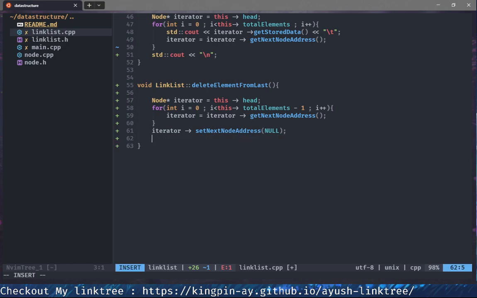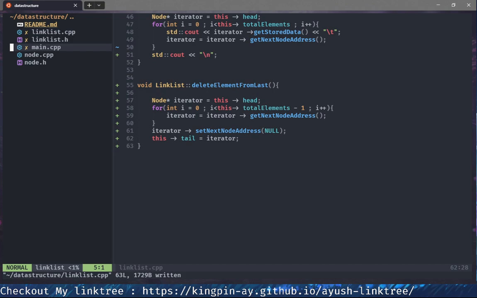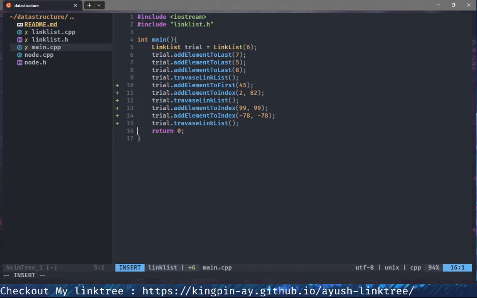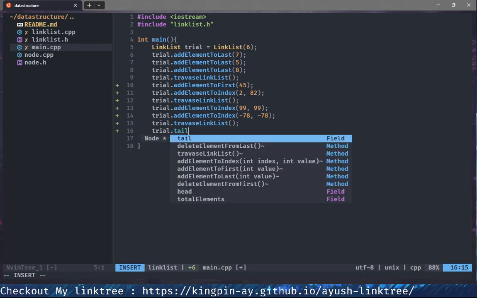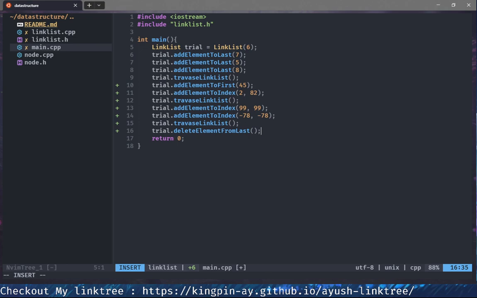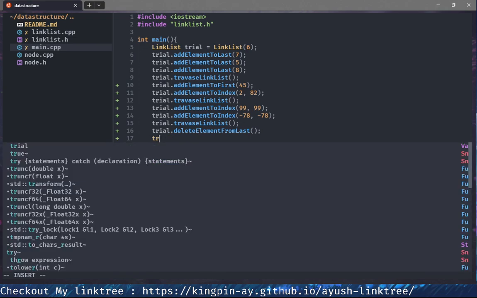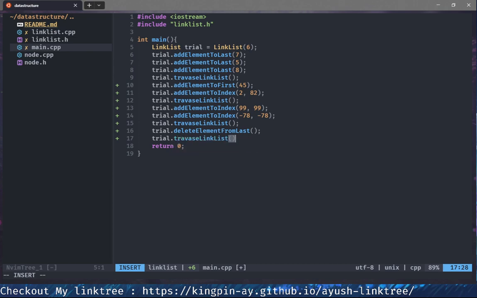Okay, so the next step is done. It's now pointing to the next node address. Okay, so now our tail should point to this. Tail should point to iterator. Now this should actually be it. Let's see. What we're going to do is we are going to say trial dot delete element from the last. Okay, and we should traverse trial dot traverse linked list. Okay,